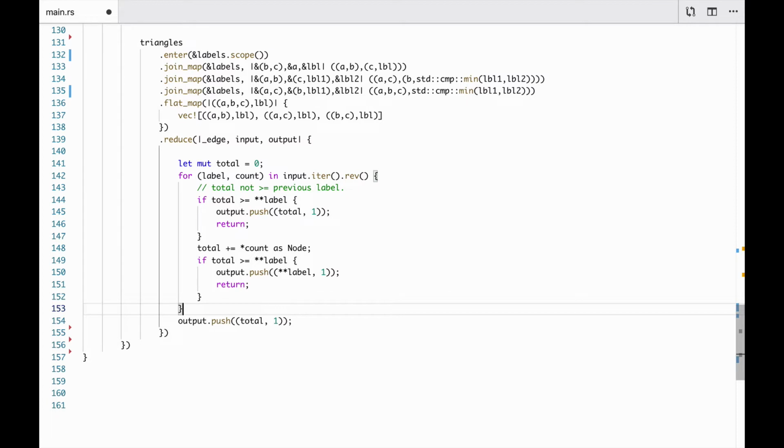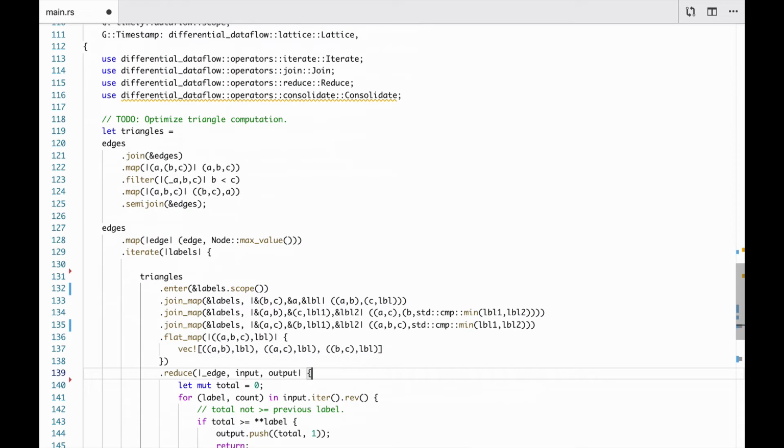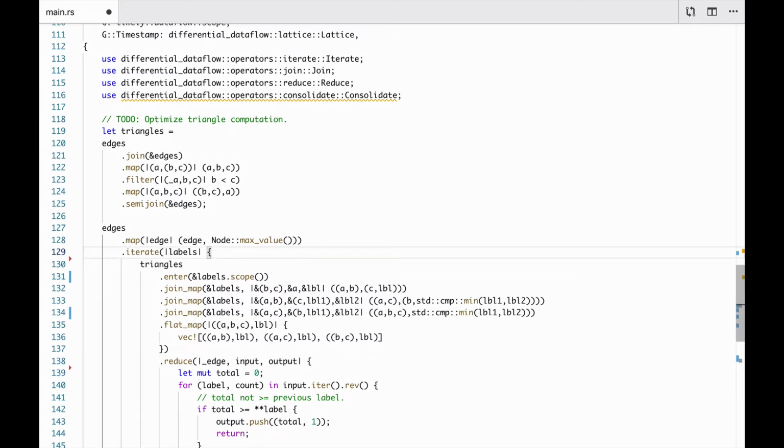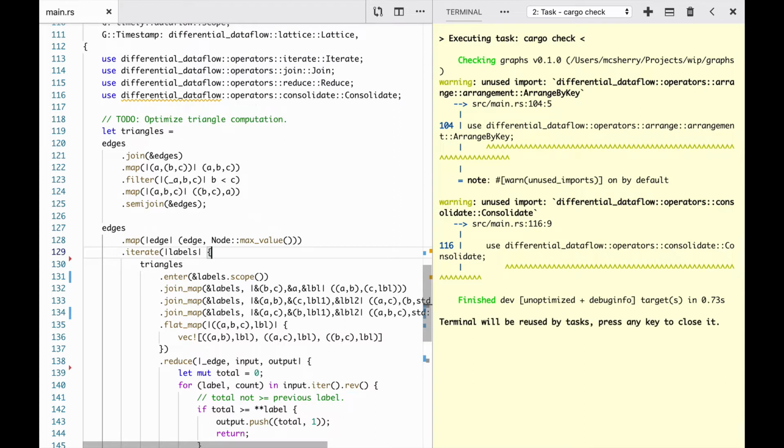Tidying here. Doobie-doobie-doo. All right, let's see if this builds. Looks like it. So, if we dive over here,